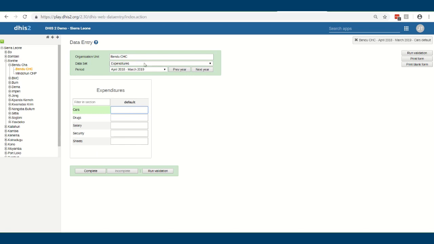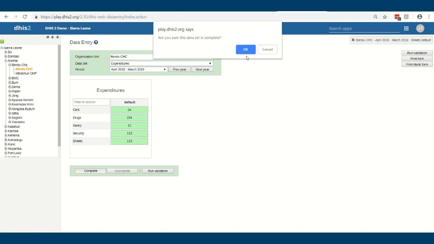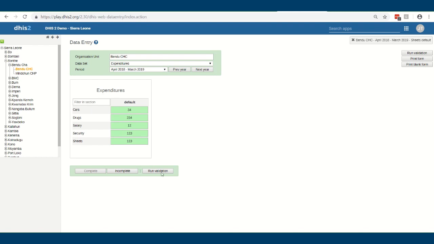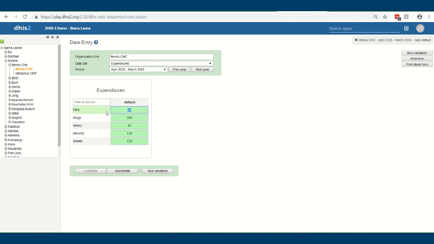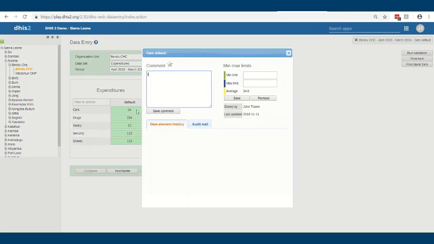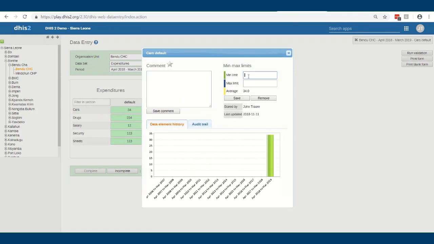Now this is a quick and dirty form. I might include just something like the numbers of things. Might not make sense to you, doesn't make sense to me. Let's complete that form. If I had validation rules, I can either pick this, or if there was something that I did not meet, for example, in the cars field, let's say I had a min or a max limit and I was outside those limits, the box would turn red, or I'd get a pop-up message that would say,